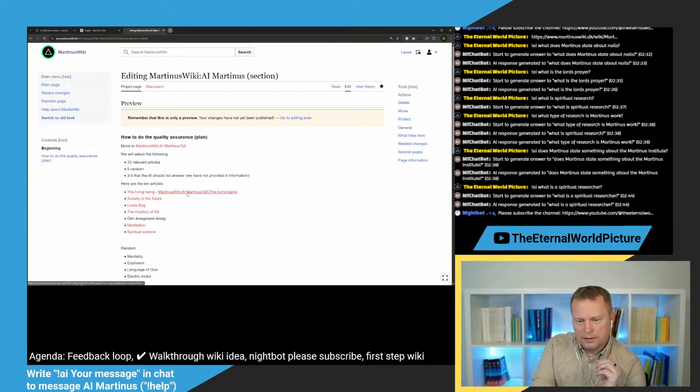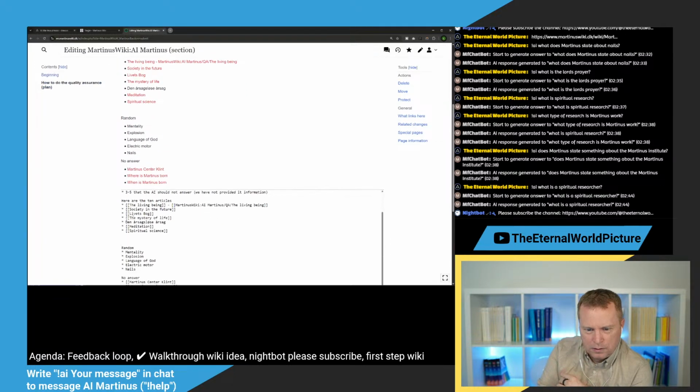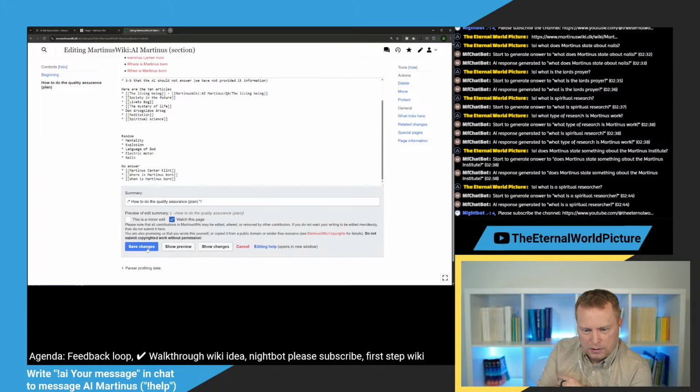So I'm essentially adding a page for the living being where I can put in QA, which is quality assurance, so I can put in all the information I need.